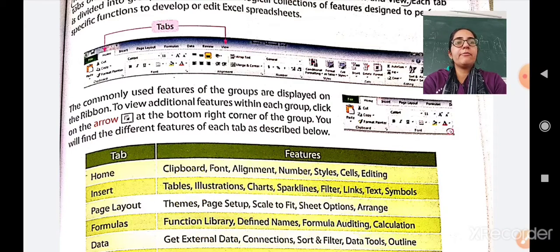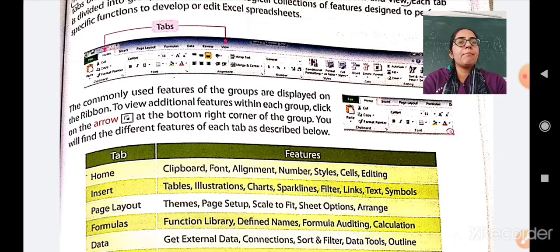You will find the different features of each tab as described below. So if you click on the home tab, you will see the options of the home tab in the ribbon. If you click on the insert tab, you will see various features of the insert tab on the ribbon. So what is the main use of a ribbon? To show the options and features available for a particular tab.